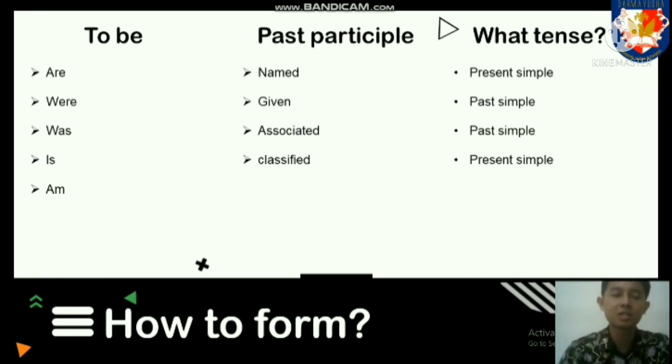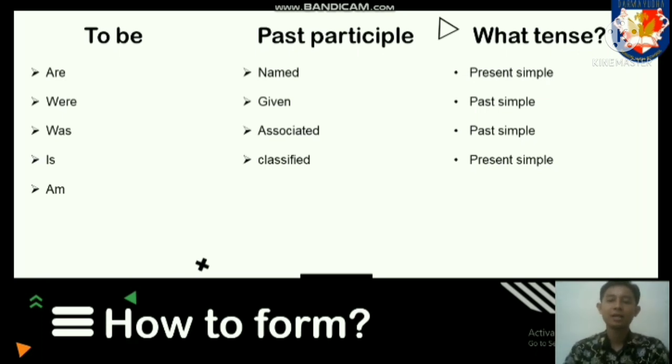Okay, so yeah, the answers of all these basic forms. Because there is "are" here, it is present simple, and then "were" here is past, and then "was" here is past, and also "is" and "am" here are present. Okay, I think that won't be that difficult to remember, so that's why I think you should remember that from now on, guys. Yeah, so these are the basic forms,